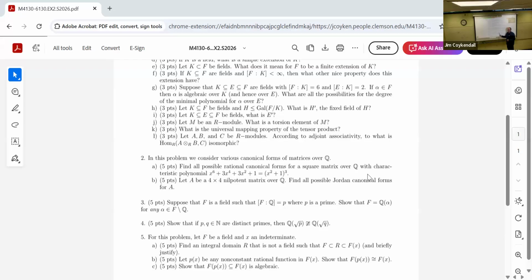Y'all know how to do this one now. I think I worked through a more general version of this in the help section or the review section, right? Basically, what you have to do is show that, for example, P is not a perfect square in this ring. All right, so this is modulo some details that I probably should have written down if I was doing this problem completely. Number 4 boils down to